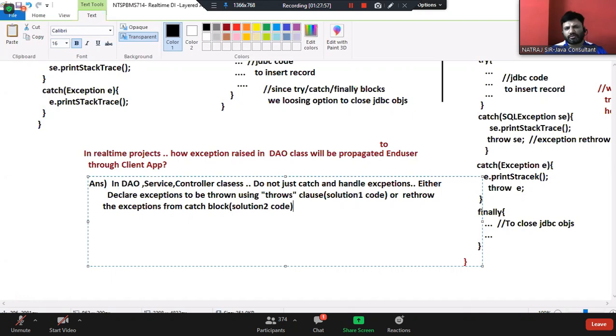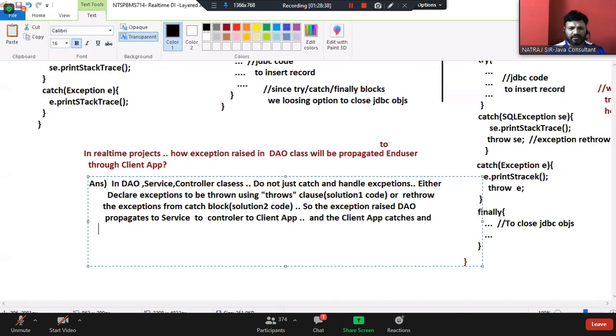So the exception raised in the DAO propagates to the service, to the controller, to the client application, and the client application catches and handles the exception